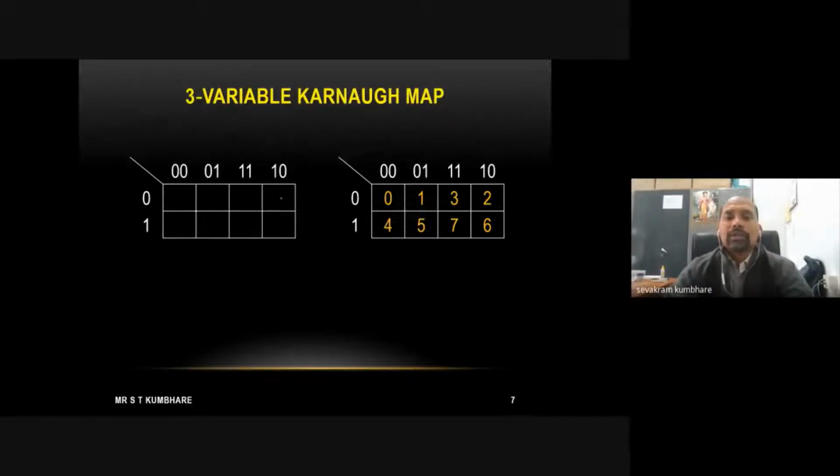So now how do we draw this three variable K-map? All of you understanding this? Am I audible? Yes, sir. Okay. So I'm talking about the three variable K-map. Now what do we mean by variable? Variables can be like A, B, C. It can be anything, like X, Y, Z also.